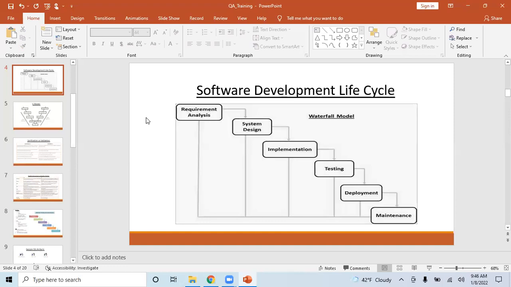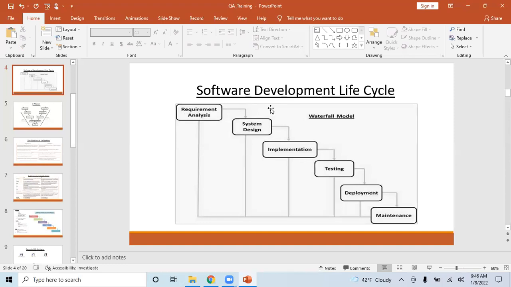Then a business analyst will read that BRD and convert it into an SRD, a system requirement document. Then the BRDs and SRDs will be given to architects, so they will come up with the system design, right?